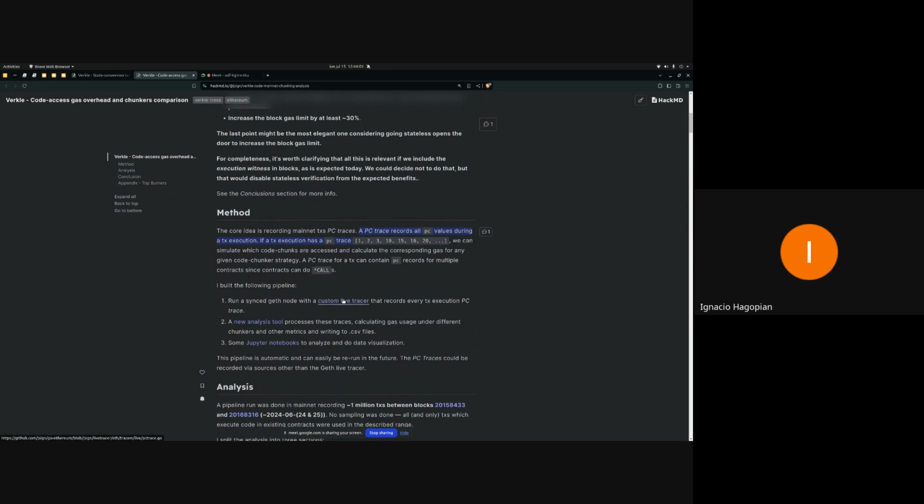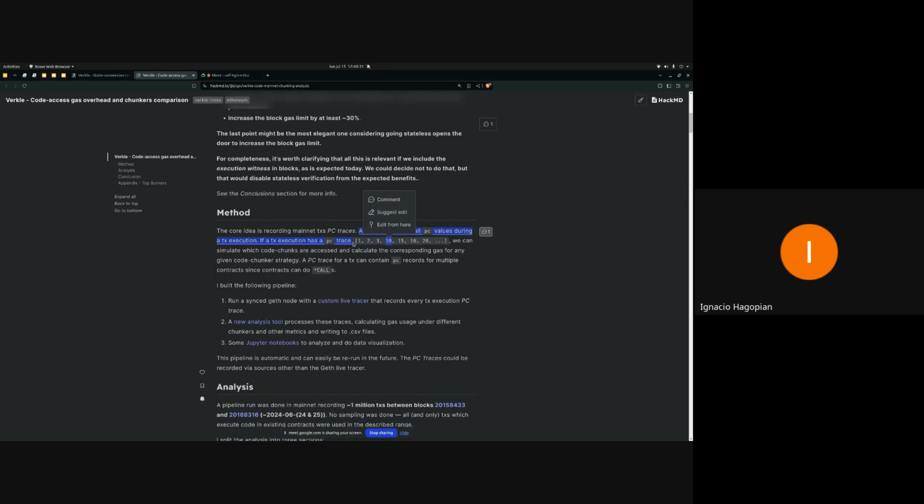that for each mainnet transaction records what I call the PC trace. Let's say that you have a transaction that only executes code from one contract. The PC trace is basically the program counter that executes instructions in this transaction.